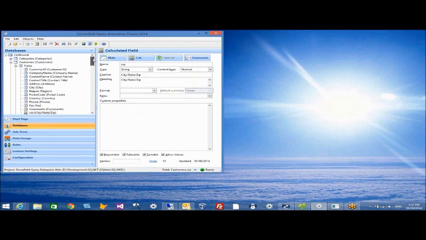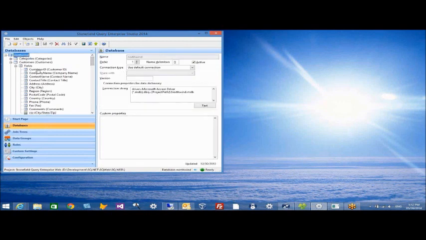So this is Stonefield Query Studio. You'll notice it looks very similar to the desktop version, but there are a few differences that I'll point out. For one thing, at the database level, we have a new control here called connection type. The choices are use default connection, which means that whatever connection setting is here, which is used to refresh the data dictionary or read the data dictionary structure, would also be used by the report designer to connect when running